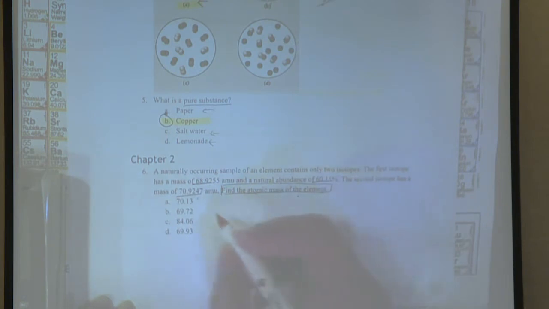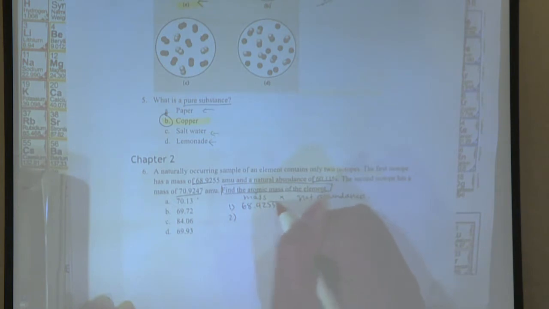So how do we do that? Well, the way that we find atomic mass is that we have 2 different isotopes here. If you have 3 or 4, then you would have 3 or 4 different isotopes written down. But you would take their mass, right? You would take their mass and you would multiply it by the decimal of their natural abundance. Right? And so your mass here is